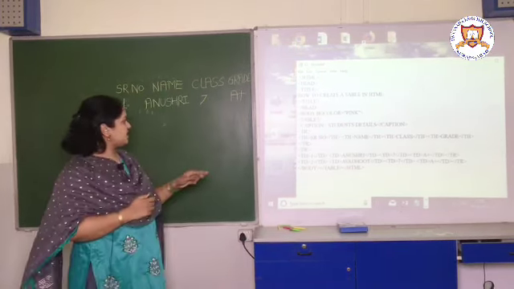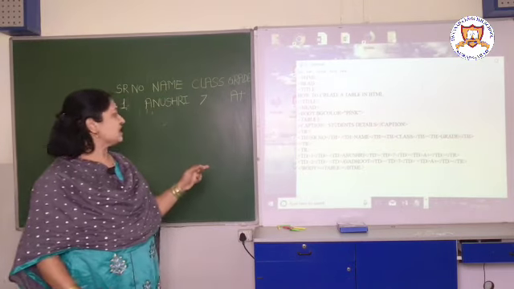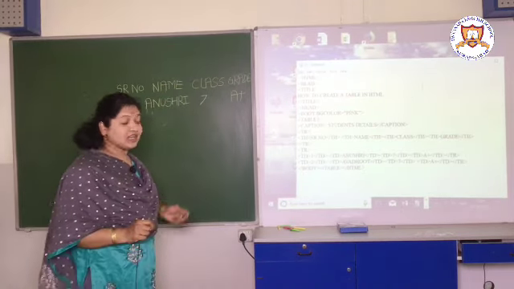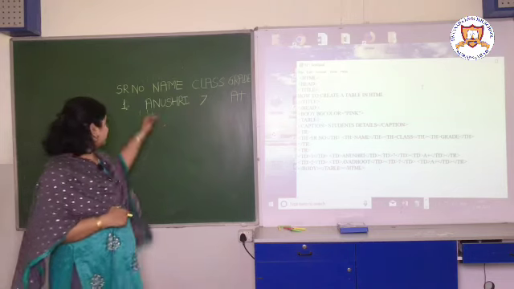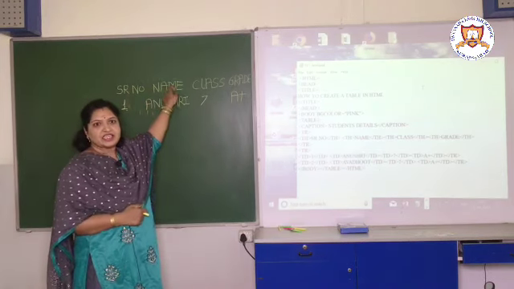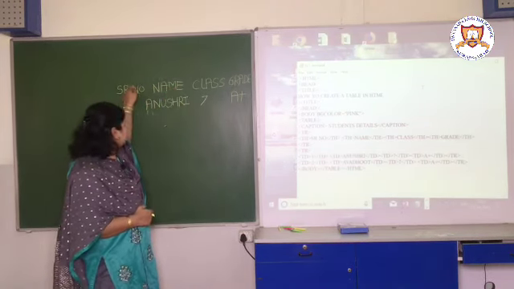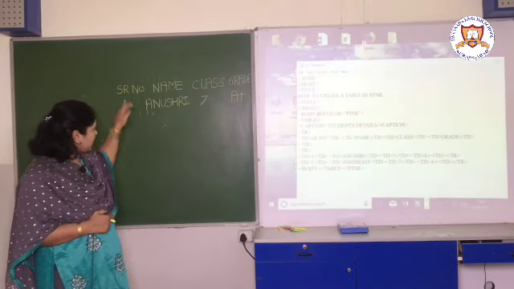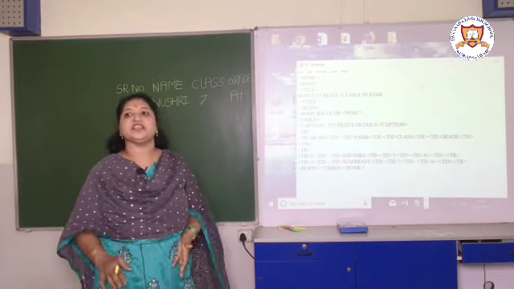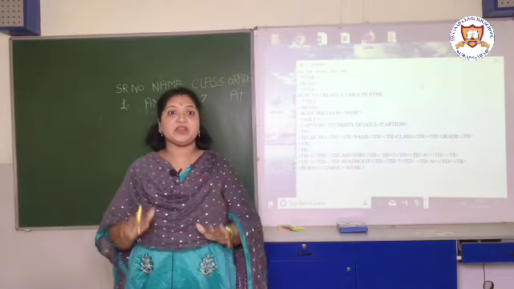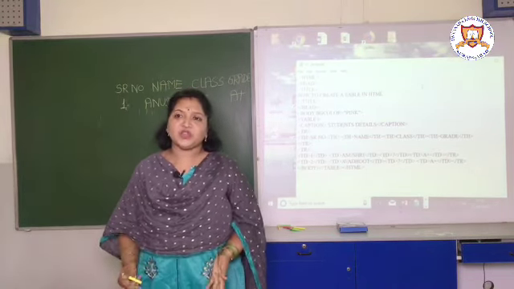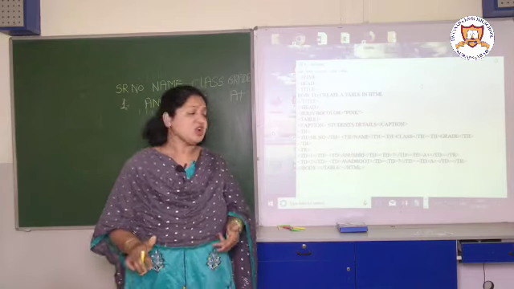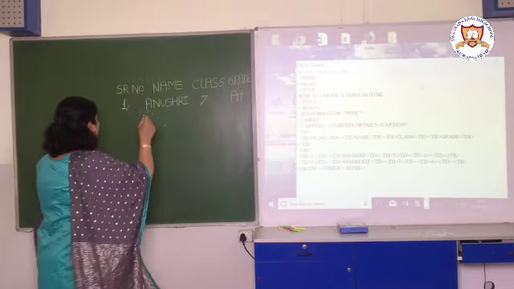Again in the td tag I have written this data. Now try to understand the difference. These are the headings, or names given to the columns, and these are the actual data that we are inserting in the table. The heading will be the same, only one, but you can insert data of many students. So this is the first row.